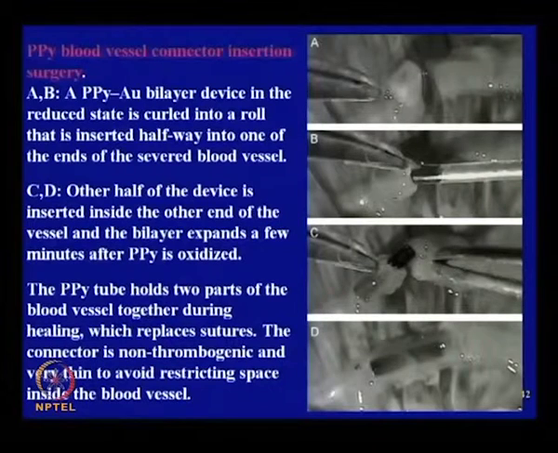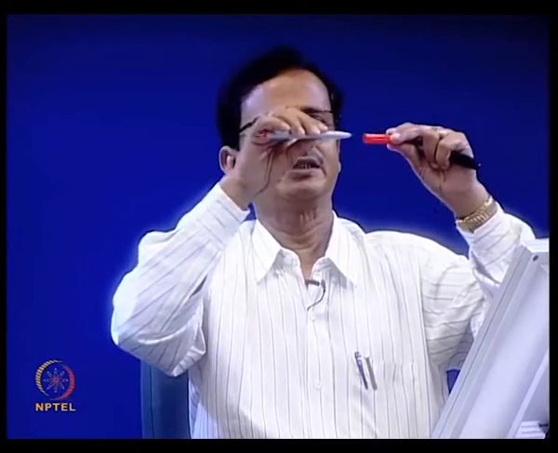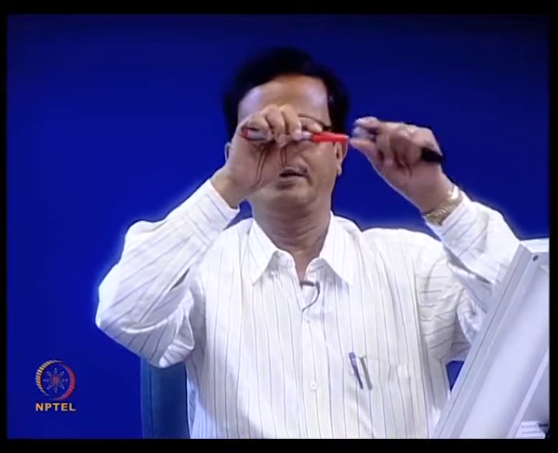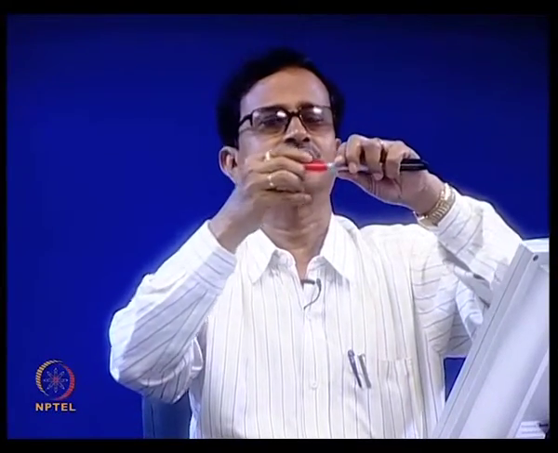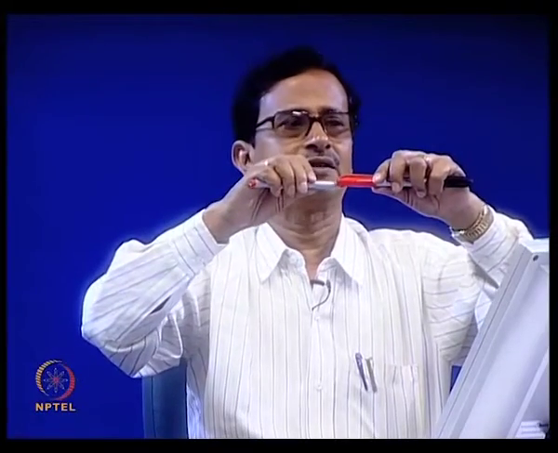Now, this is again another thing. You see, connector tube. Suppose this is a tube, and this is another tube, this side, two tubes. You want to connect, what we do? You take a connector. Suppose this is the connector. So, we are inserting this part of the tube here. So, this tube is connected to the connector, and if this side is also open like this, imagine this is also open. So, you connect this side with this thing. So, two parts are connected.